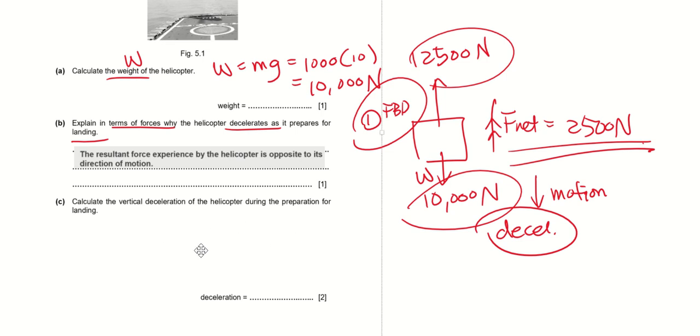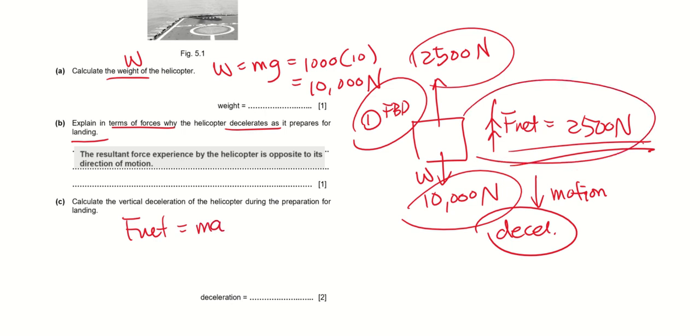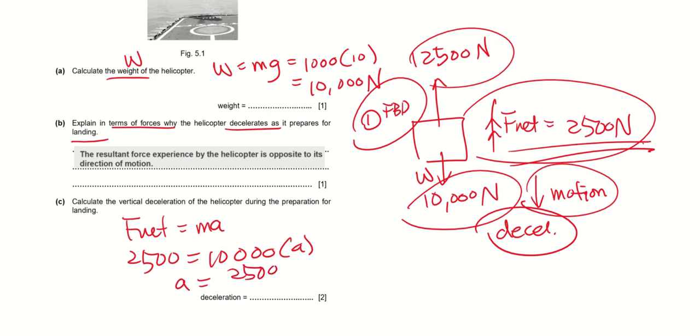Then they want us to calculate the vertical deceleration. So we actually have our Fnet here. Whenever there's Fnet, there is going to be acceleration. But because the Fnet is opposite to the direction of motion, it is a deceleration. But it's okay, later we can do our calculation. So Fnet is 2,500. The mass is 10,000. Therefore, the acceleration or deceleration will be